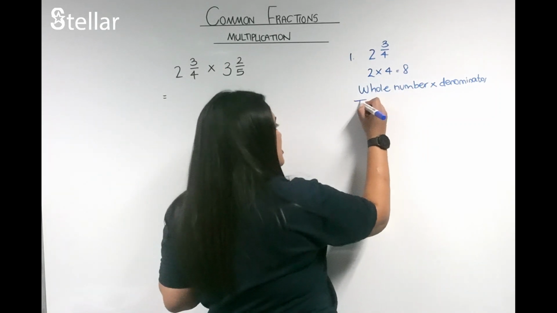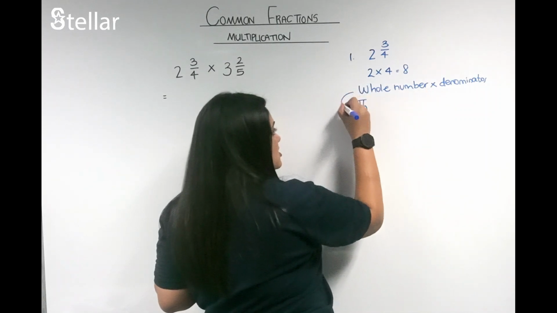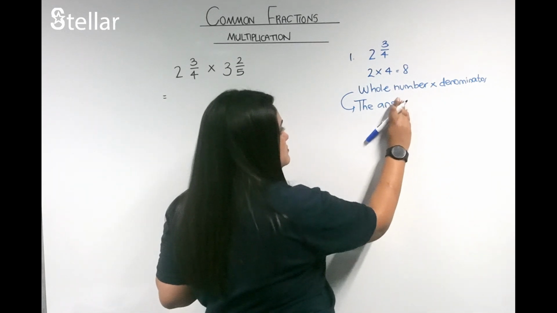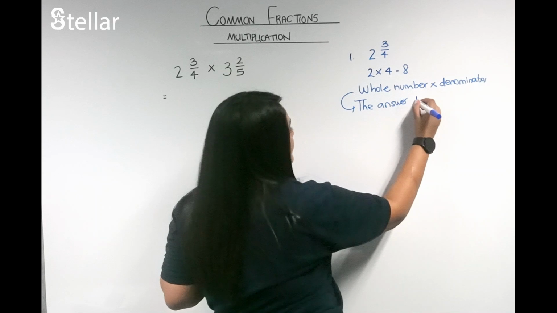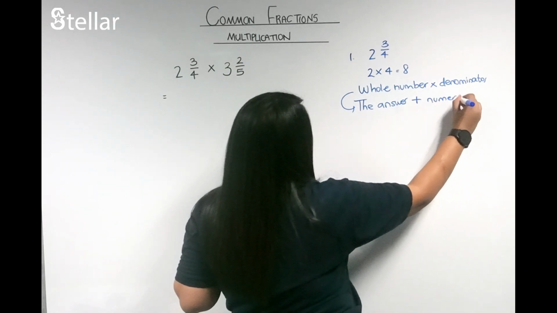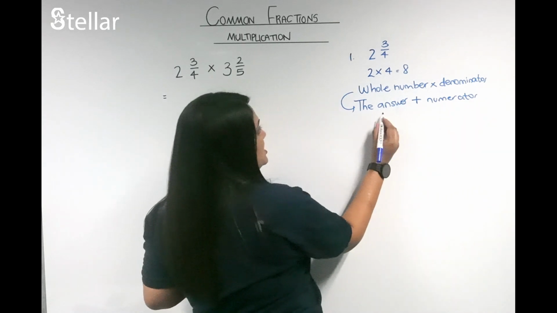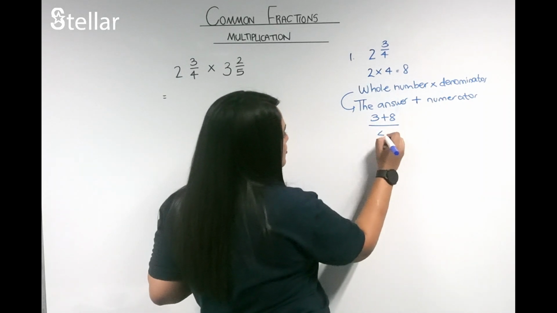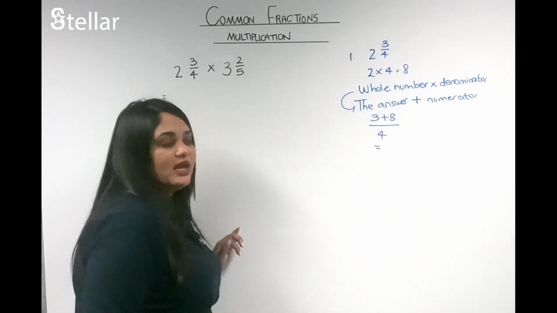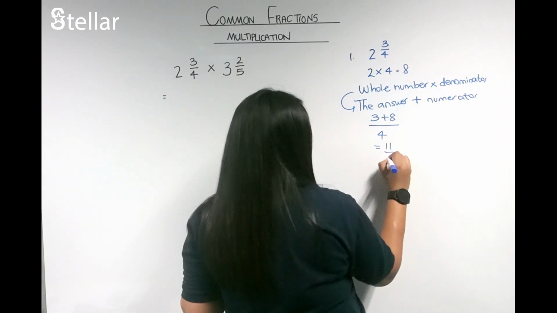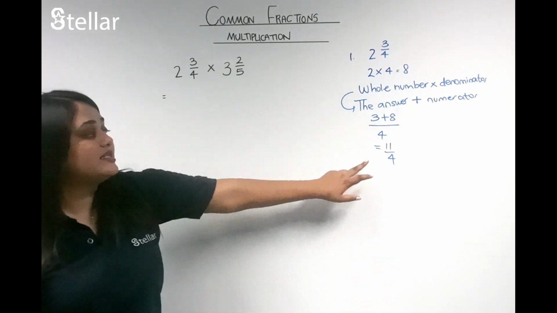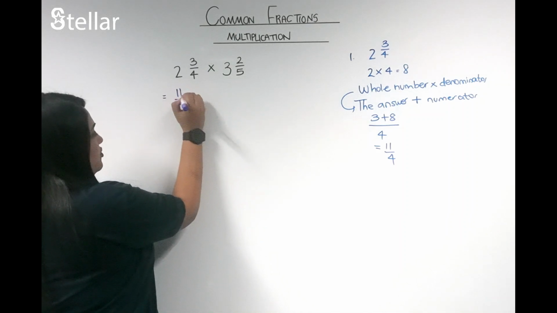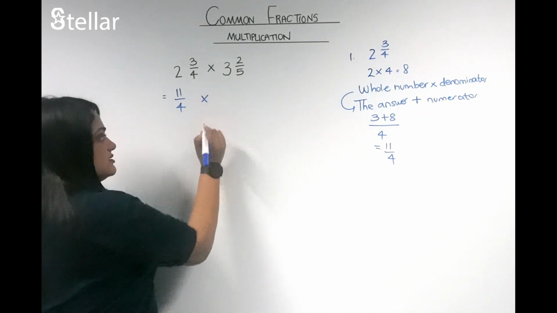Then you take the product, the answer from here, plus the numerator, which is 3 plus 8, all over 4, which gives me 11 over 4. That is the equivalent fraction. So I get 11 over 4 times